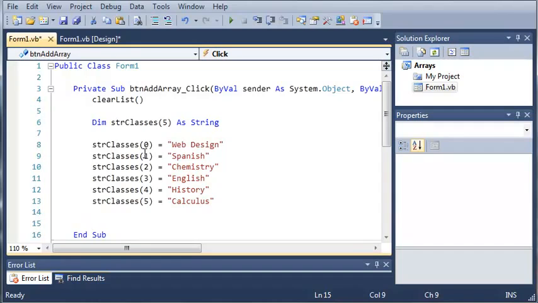Okay, now that we've set a value for each one of the items in our array, starting at 0 going through 5,